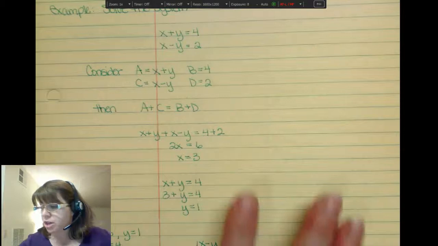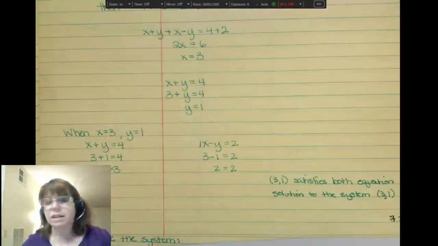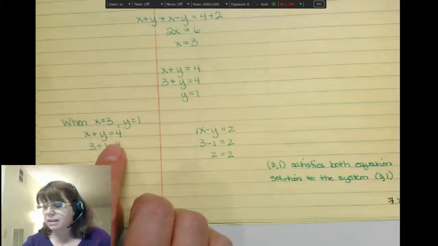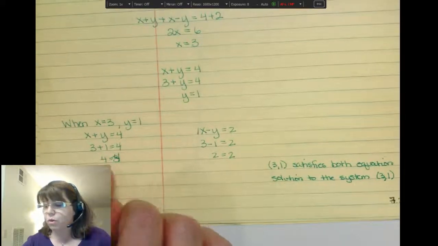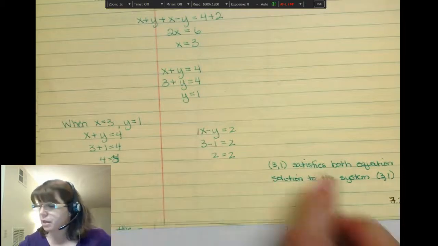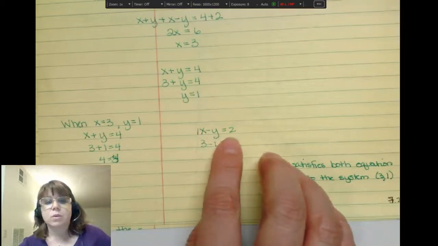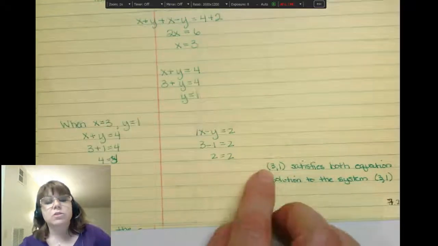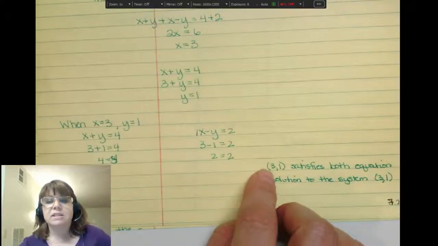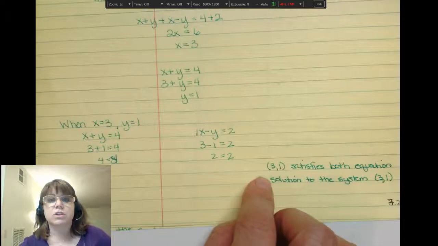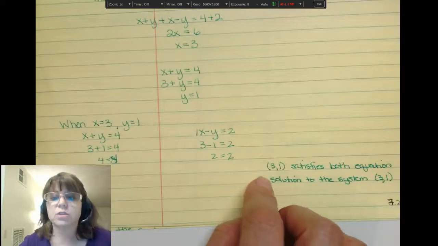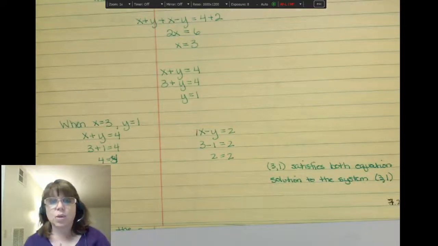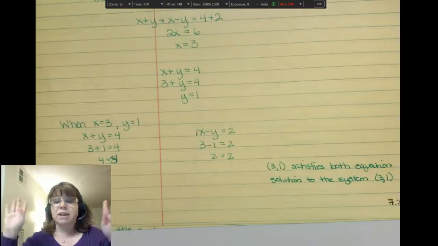And I can double check that it does satisfy. When x is 3, y is 1. X plus y equals 4. 3 plus 1 equals 4. 4 does equal 4. X minus y equals 2. 3 minus 1, does that equal 2? 2 equals 2. So 3, 1 satisfies both the equations, and therefore it's a solution to the system. I know that was a mouthful, but not only does it satisfy both equations,